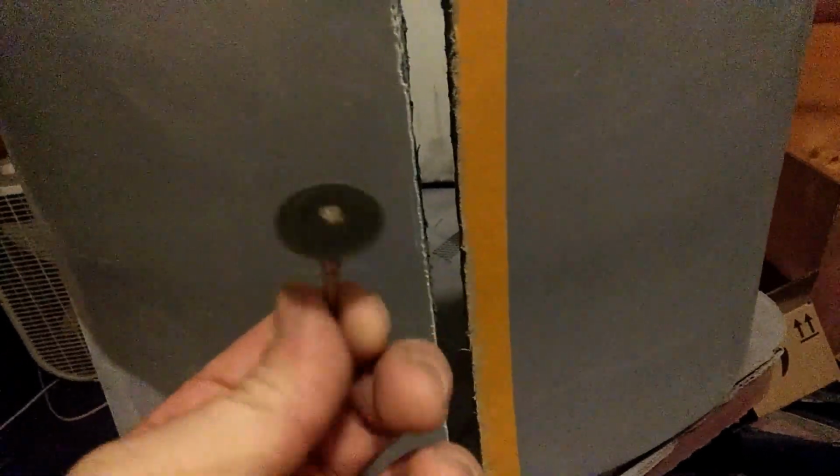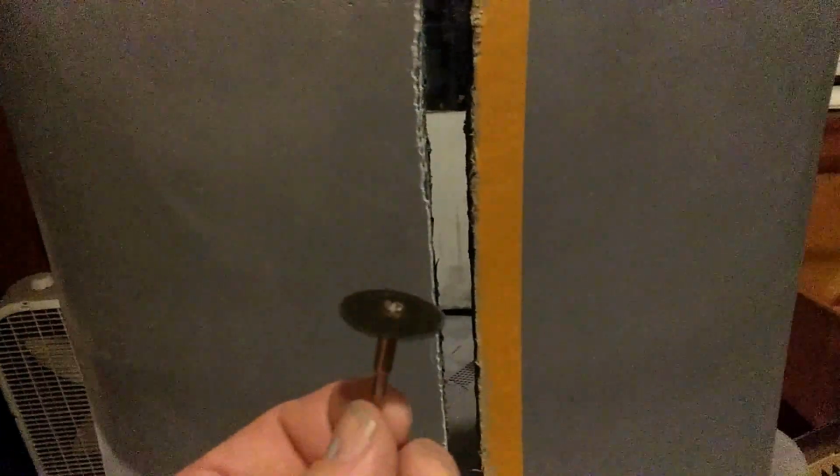I used one of these bits, and I've got a metal version of this with teeth on the end. I couldn't find it for this video because I've switched to a buffer to try to buff some of the imperfections out. And you can see that, for one, you can't put it straight down, but it doesn't really go all the way through because, say my fingers are the Dremel head, it basically goes about that far in. So I got about halfway through with the Dremel,